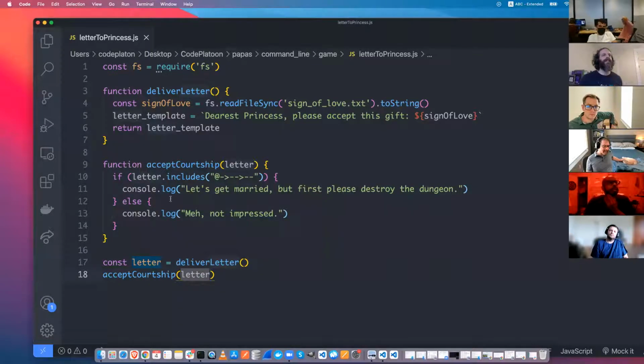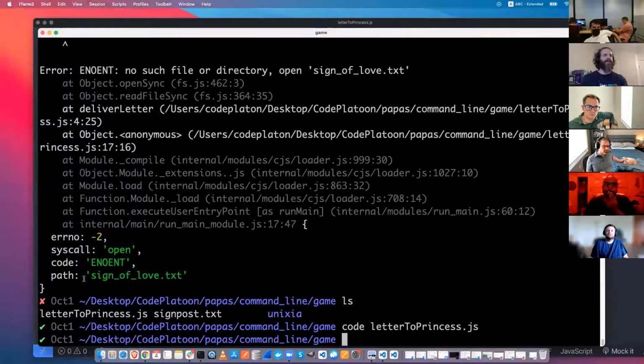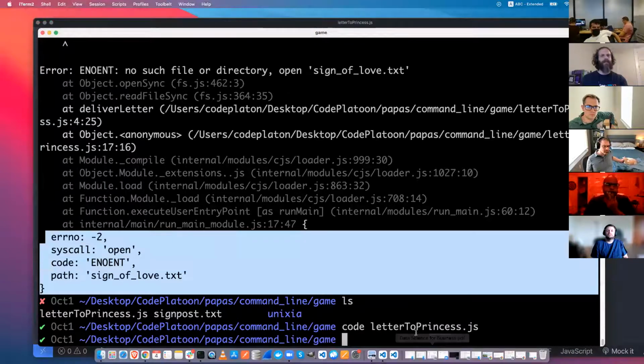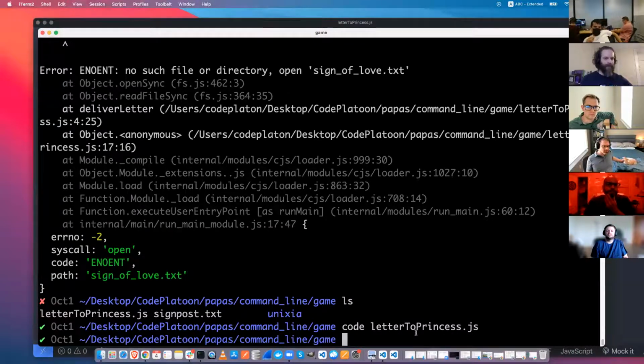In this case, it's going to be a string, and it's going to do some kind of check and print something out. So when we first tried to run this, we got an error because there was no file. So how can we eliminate this error? You can touch the file, or you can echo into a file, into a new file. Yeah, so as is the case with all coding, there are usually 20 ways to do any given thing.